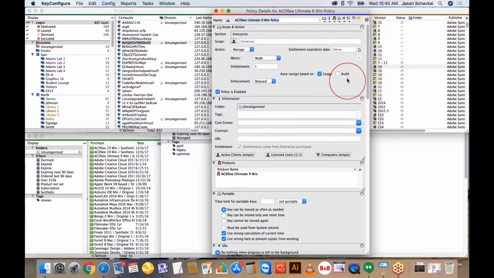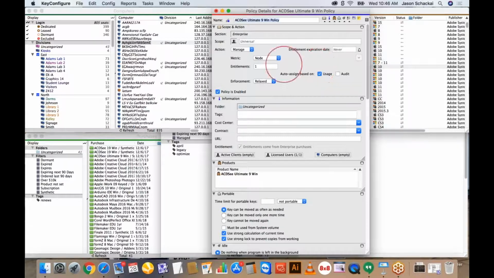And this just says, as a computer logs in, are we going to look at it just based on the fact that it's installed, in which case audit would be selected? Or does a user need to actually launch the software before we attempt to assign that license to a specific machine or user, depending on the metric selected? So you don't want to deselect both of these because you could end up in a situation where users start getting denied. You want to leave at least usage selected here, and just make sure that you define your groups if you want to narrow the scope of the policy. Define your user groups, define your section, so that your policy doesn't start denying people outside of the scope